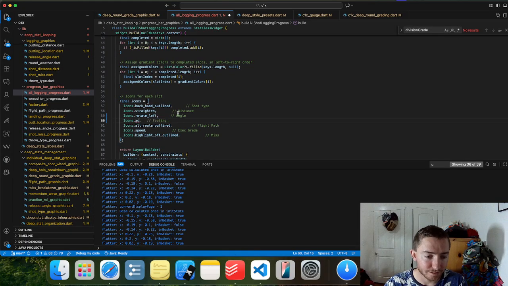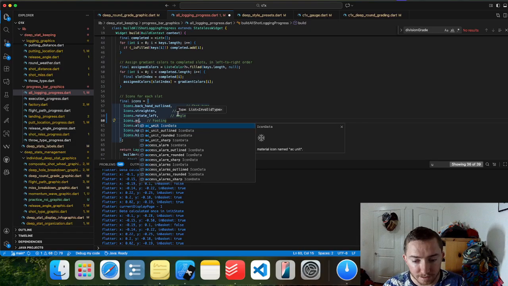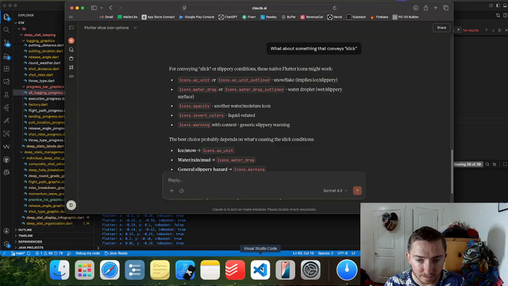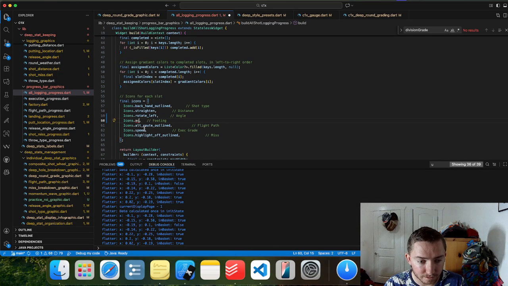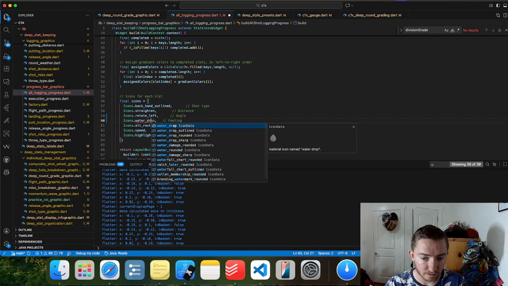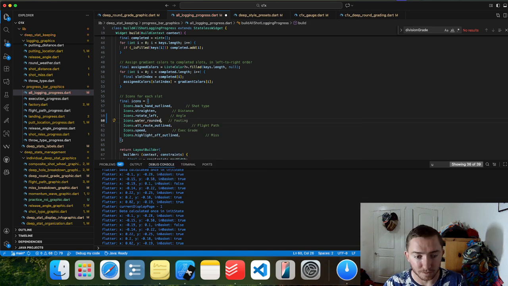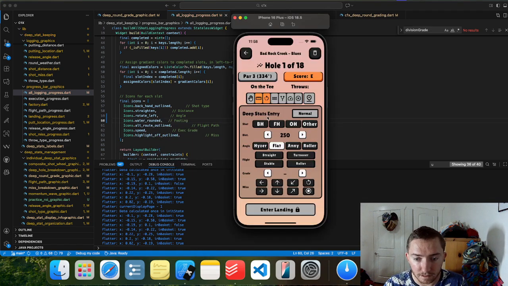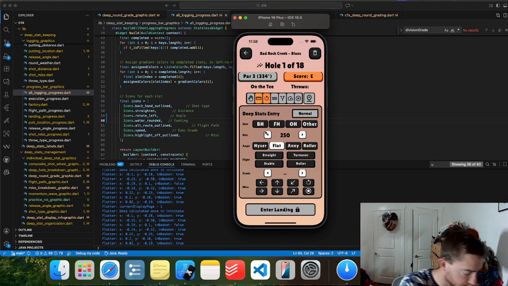AC unit. Water drop. Kind of like that one actually. It's not great, and maybe I will eventually pull in some custom icons, but